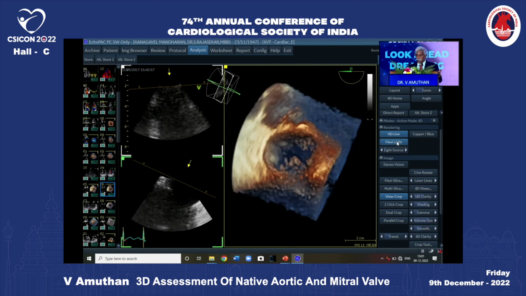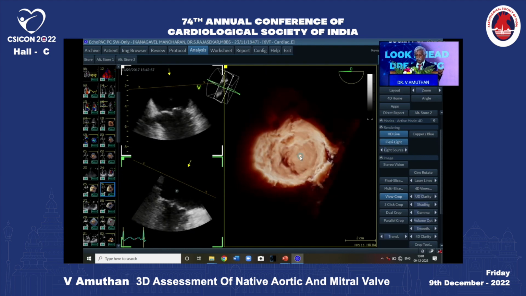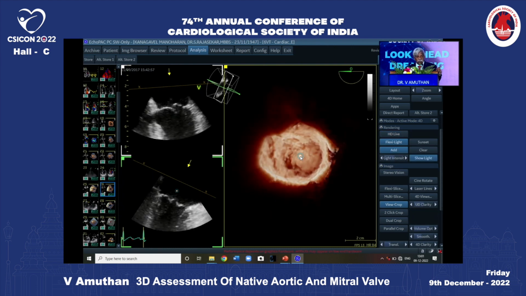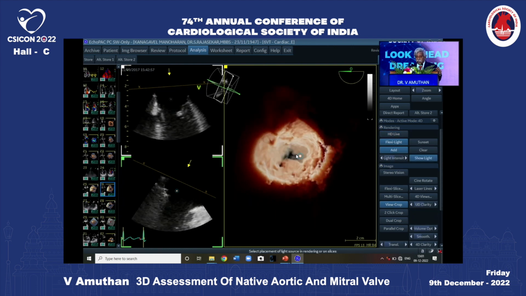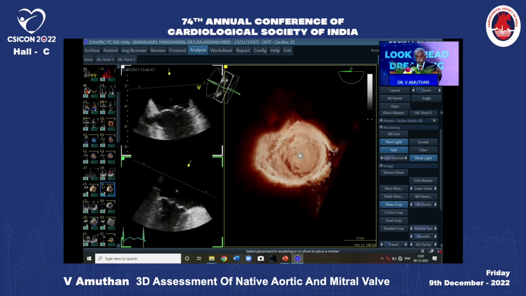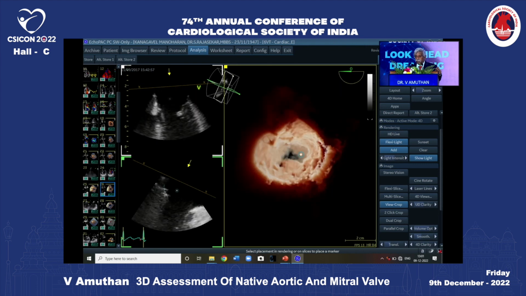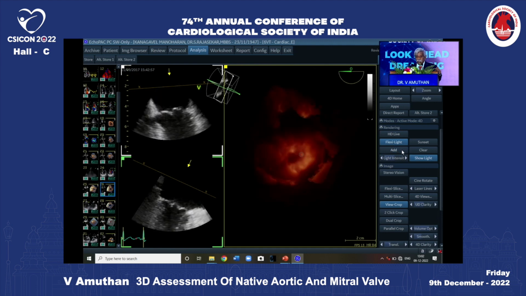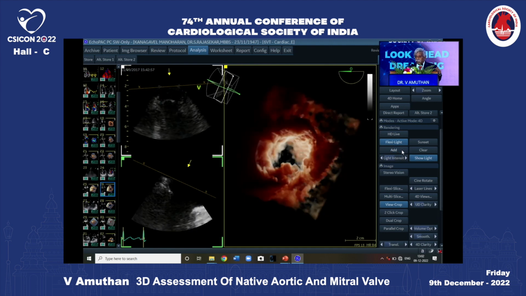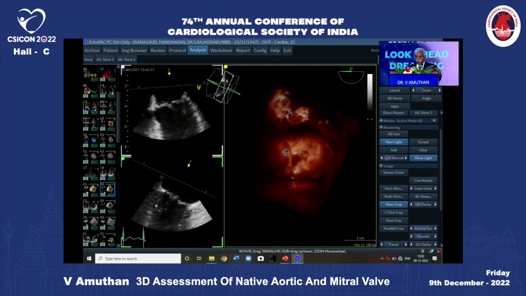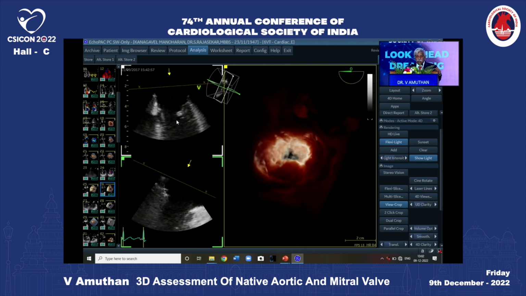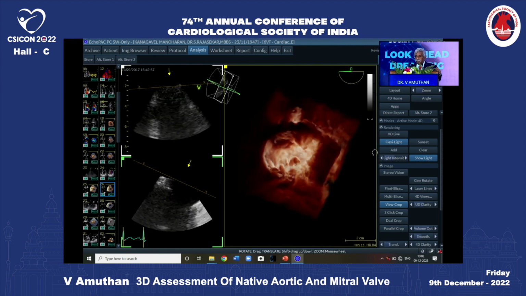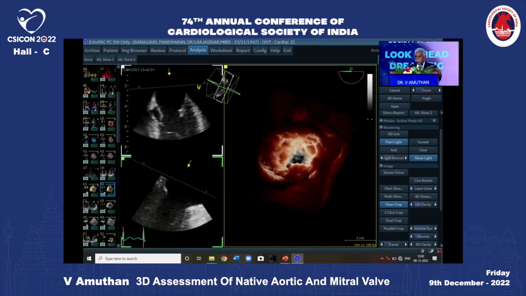Now this is the technique which I was telling you. This is the flexi light. See, I have added the light source. In the center you see this light. This light depth can be altered, or you can add light. And the light source can be moved from the left atrial side to the left ventricular side, and you can identify that very easily. Now, coming to the measurements,